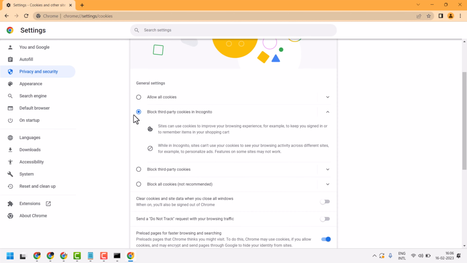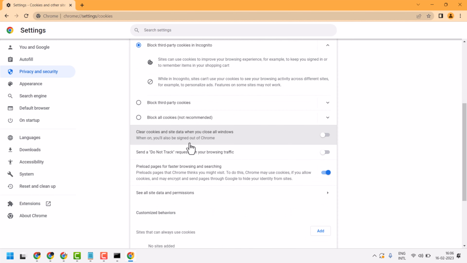Now here you will see the option. So here you will see this setting: Clear cookies and site data when you close all windows. When on, you will also be signed out of Chrome. So just you have to select the setting to on position